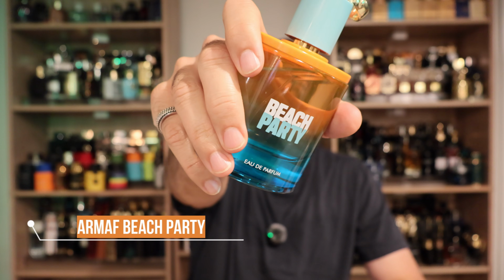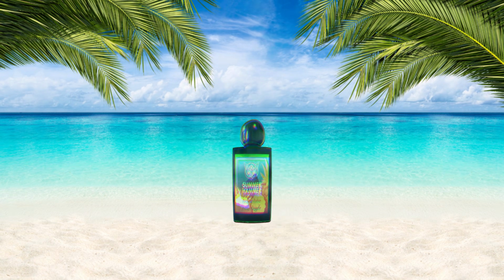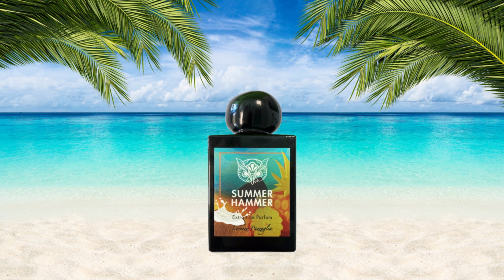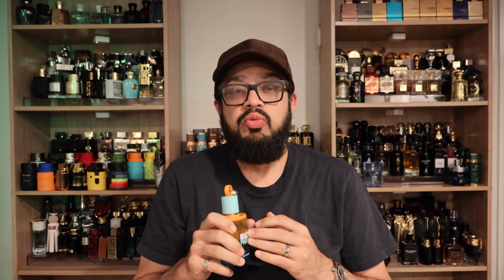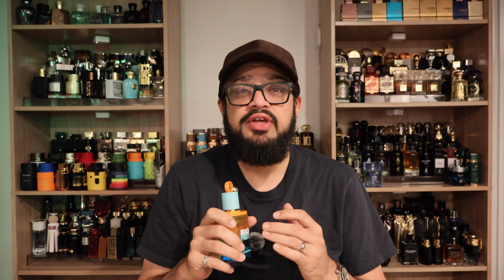So we're going to start off with the category of beach freshies, and first up I have Armaf Beach Party. Now this is a clone of Summer Hammer by Lorenzo Pizzaglia. I've never smelled that one, so I can't tell you how close this one is to the original. What I can tell you is this is a 2025 release, and it's like a tropical beach vacation in a